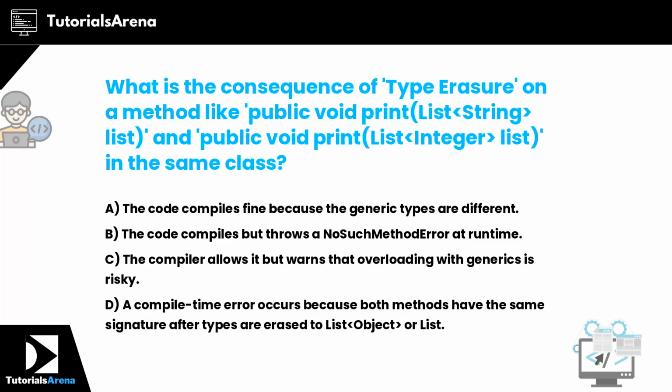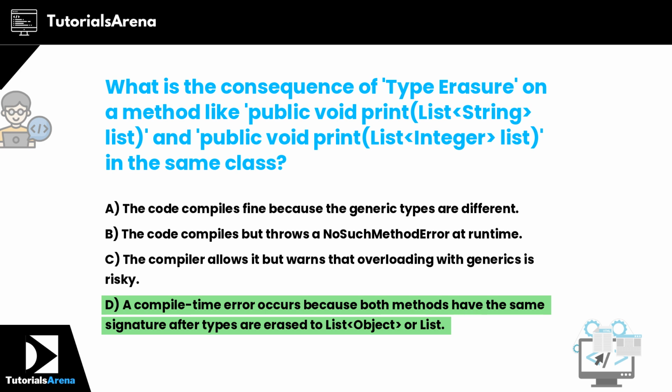What is the consequence of type erasure on a method like public void print(List<String> list) and public void print(List<Integer> list) in the same class? Answer is D. A compile time error occurs because both methods have the same signature after types are erased to